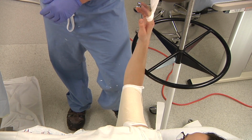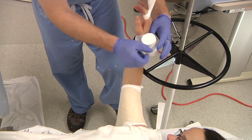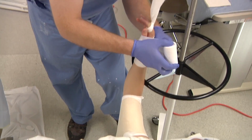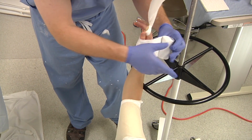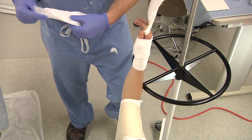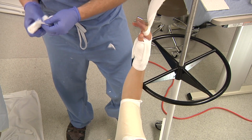From there, we generally use the smaller web roll and wrap, starting at the wrist, up the hand, making sure to avoid any areas of wrinkles if we can, as those can cause compression. Like we said, really a minimum of 4 at the tops and the bottoms. Should also adequately pad between the thumb